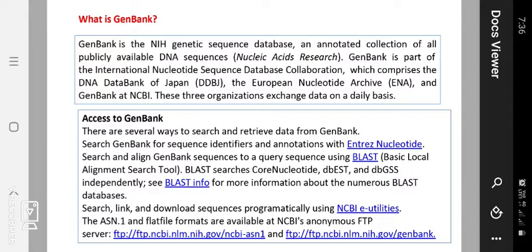Actually, GenBank is a part of the International Nucleotide Sequence Database, joined together with Nucleic Acids Research. Now it comprises the DNA Data Bank of Japan, collaborated with the DDBJ. At the same time, ENA, that means European Nucleotide Archive, and GenBank at NCBI, National Center for Biological Laboratory in Bioinformatics Institute.